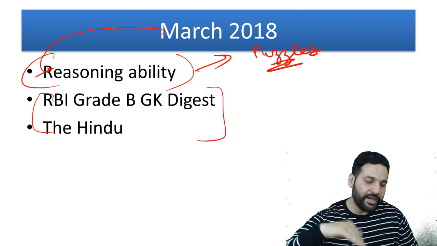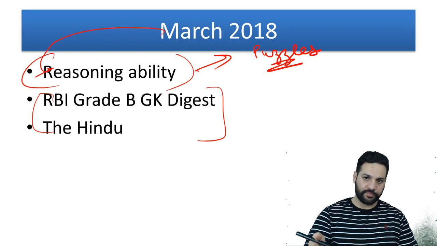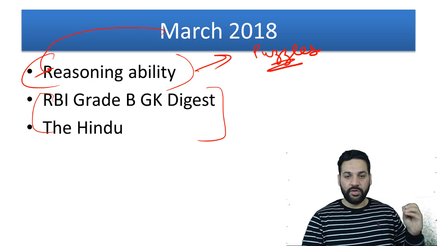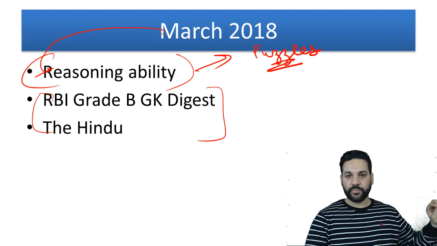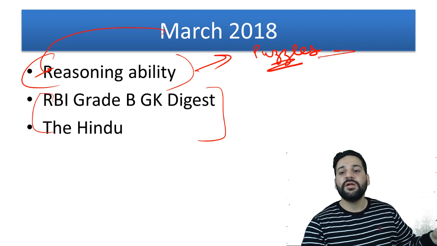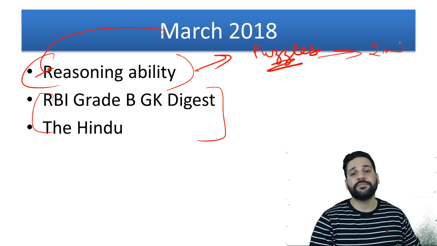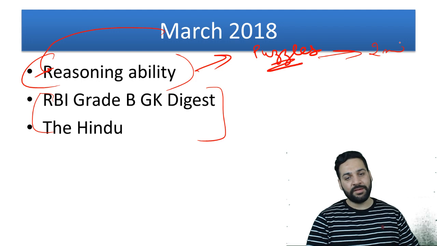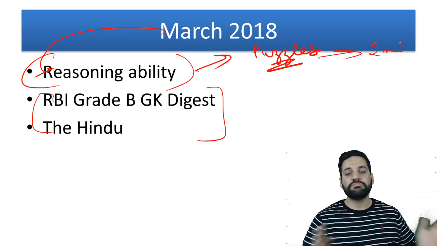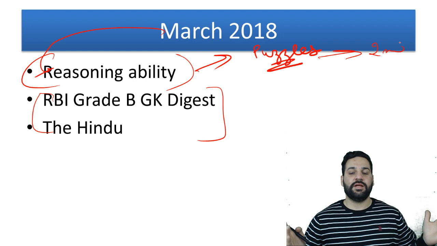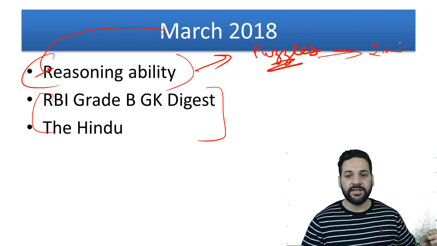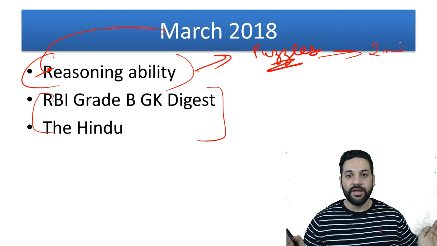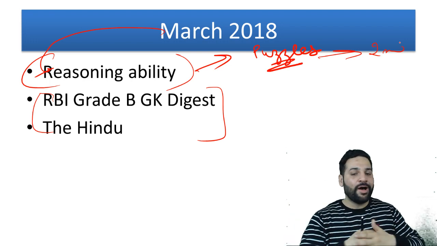So when you're starting a book or our course, don't feel like this is really easy for me. Don't be overconfident. Don't feel like this question will never be there in the exam. If you feel it is an easy puzzle, solve that puzzle within 2 minutes for me. If you feel this is a really simple seating arrangement question, solve that within 3 minutes for me. If you can do that, amazing. There is no point in solving difficult seating arrangements and puzzles if you are taking 15 minutes, you won't have that much time in the exam. If you get the same puzzle in the exam, anyhow you need to skip it.